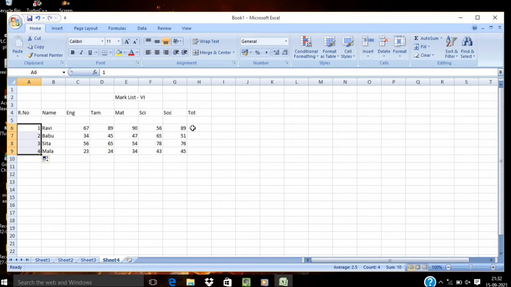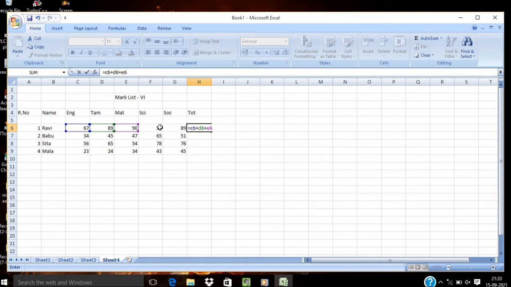Next one is total. Here I am going to compute all the marks. Here I want to do the calculations, so for that I have to enter the formula. First I enter the equal sign followed by the cell names. The first one is the English mark, where it is entered, C6. So C6, then add plus sign, then D6, followed by E6, next F6,